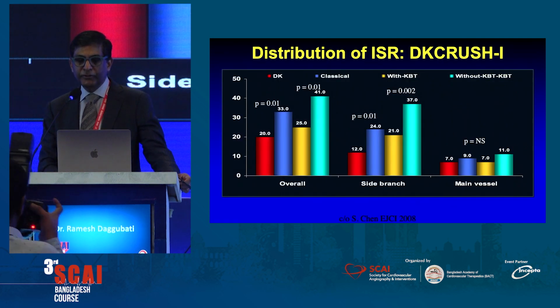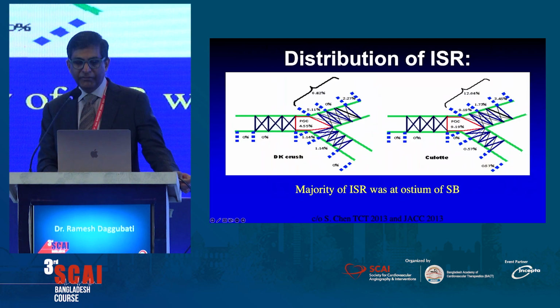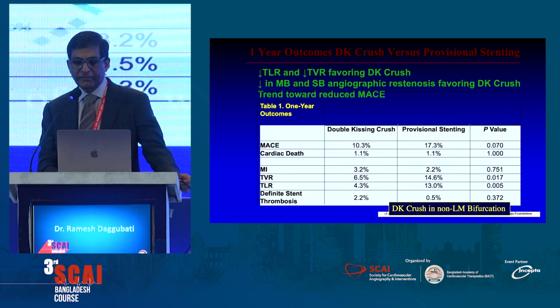And where is the distribution of in-stent restenosis in DK crush 1? It is mainly, if you think about it, at the ostium of the side branch. That's always the problem whenever we think about it. And this is the distribution, you can look at how it ends up. Either the ostial circumflex is the most common site of restenosis, but sometimes the ostial LAD could